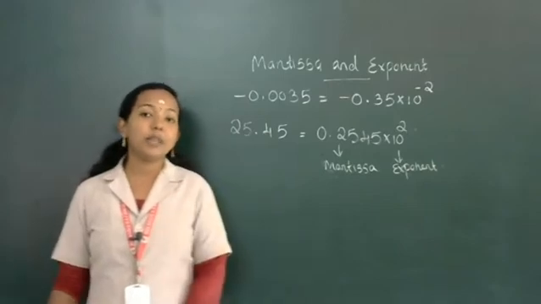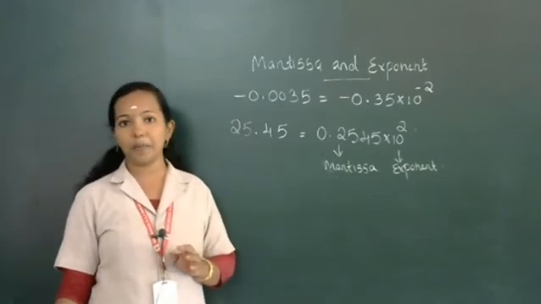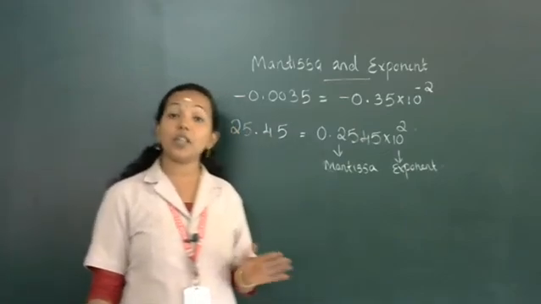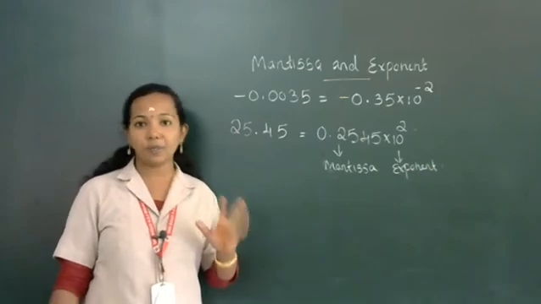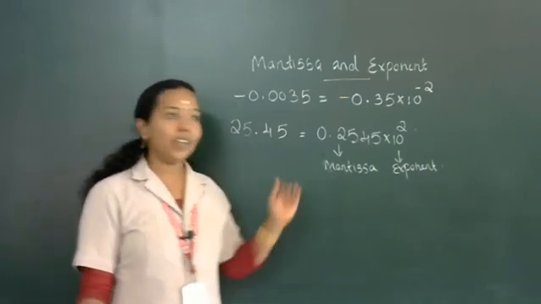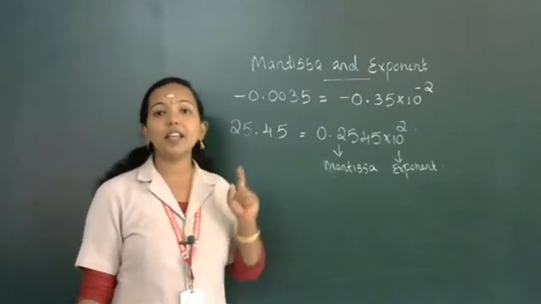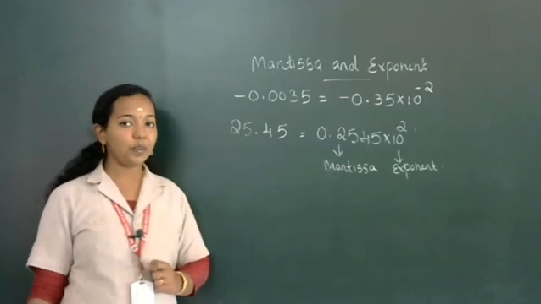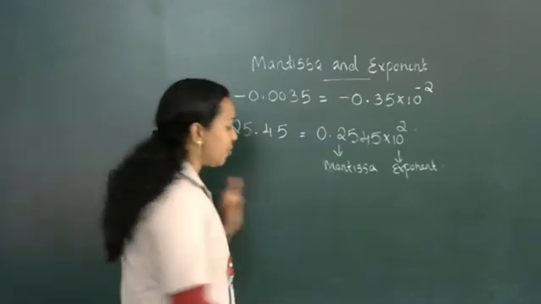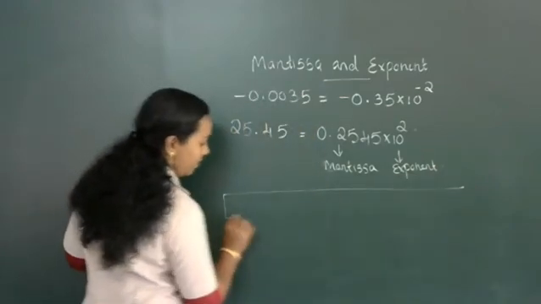Then I already mentioned word length. In computers we use word length for representing numbers. In 1's complement and 2's complement we use 8-bit equivalent: 8, 16, 32 like that. But in exponent and mantissa format, we use 32-bit representation. In that 32 bits, I can draw the diagram for representing mantissa and exponent.